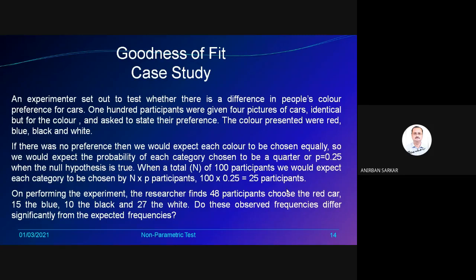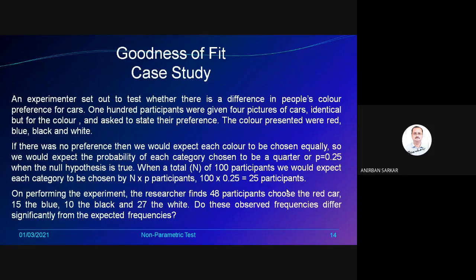Say here an experimenter set out to test whether there is a difference in people's color preference for cars. 100 participants were given 4 pictures of cars, identical but for the color, and asked to state their preference. The colors presented were red, blue, black and white. If there was no preference, then we would expect each color to be chosen equally.